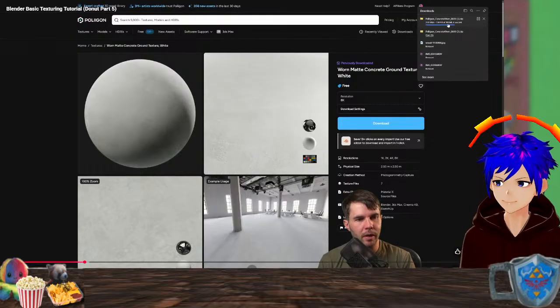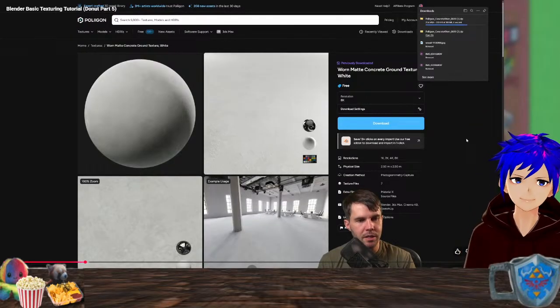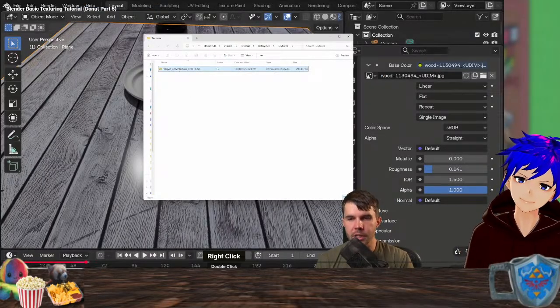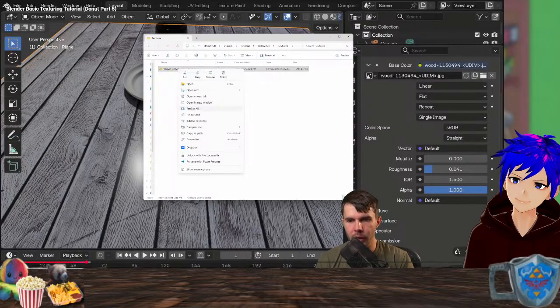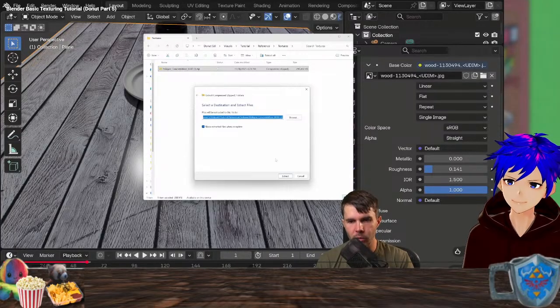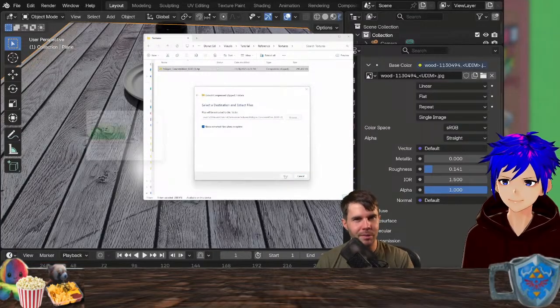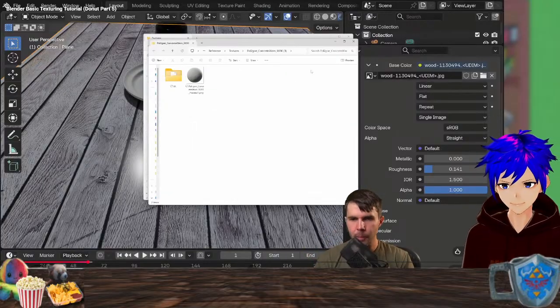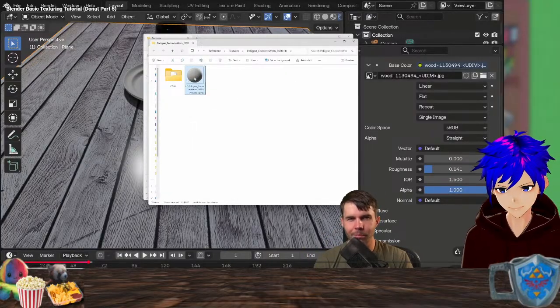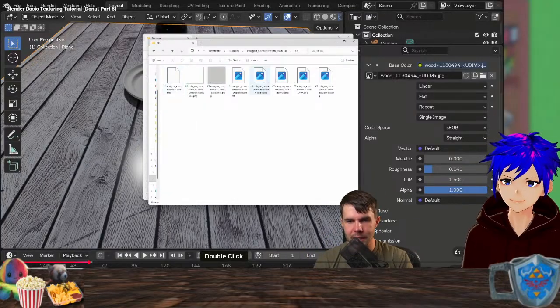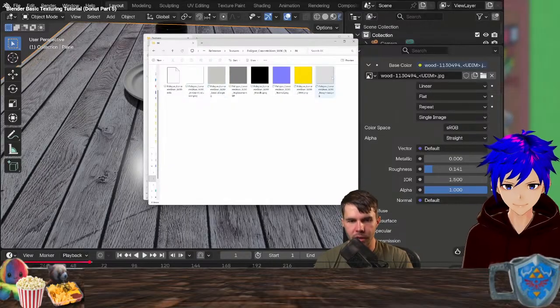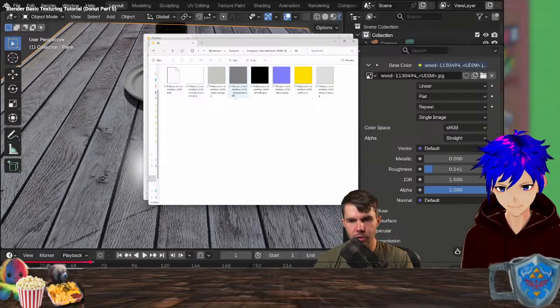Okay, so it should be fairly quick. It's about 289 megs. Once you've downloaded this texture, I need you to unzip it. With Windows, you just right click and go extract all. If you're on a Mac, you just double click it and it should unzip itself. Now that I've got that, you can see you've got a preview image there. We don't worry about that. It's the stuff that's in here. This is the good stuff. This is the one we actually need to use.